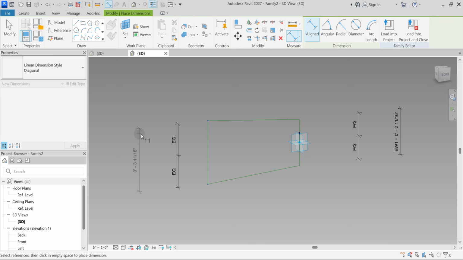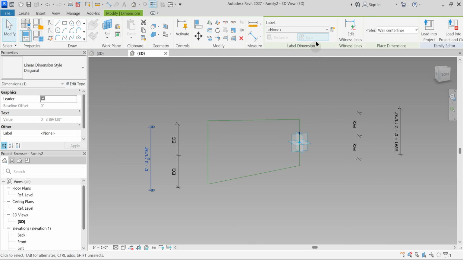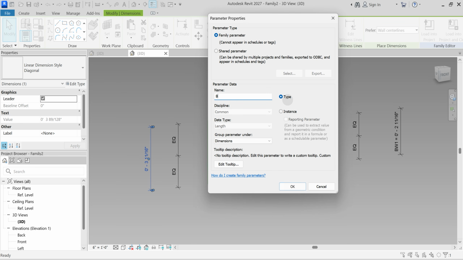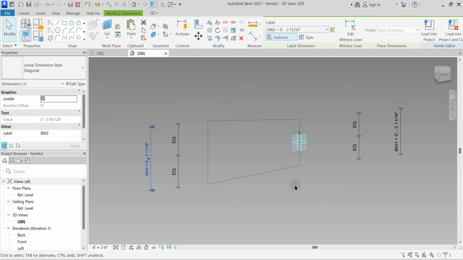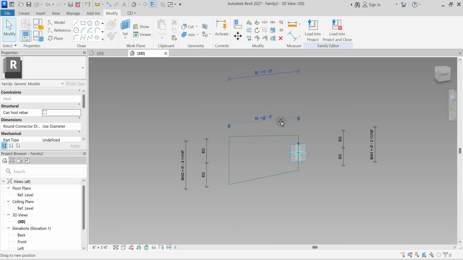From dot, press tab, and from here to here. And that would be brick length, brick width 2. And that would also be an instance, and OK. With this computation,